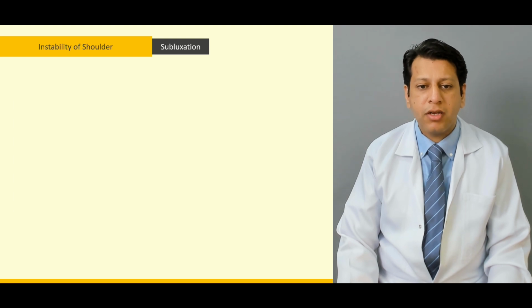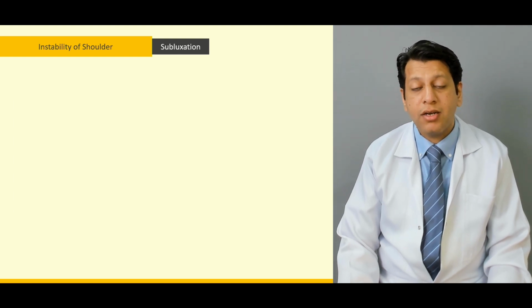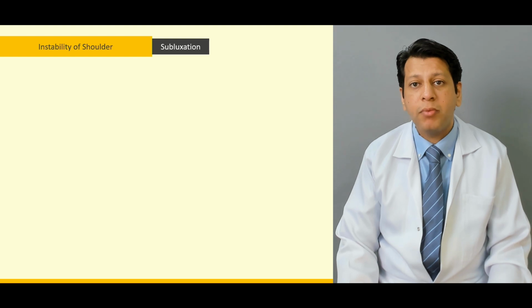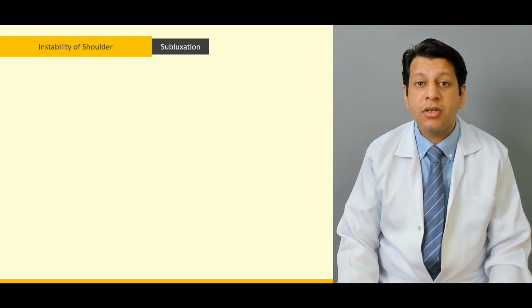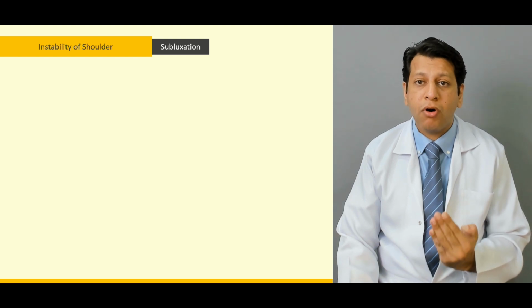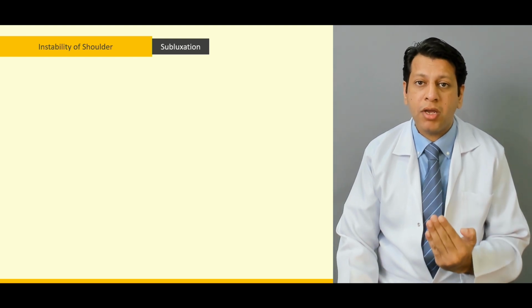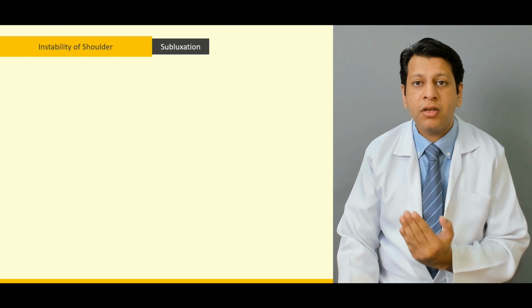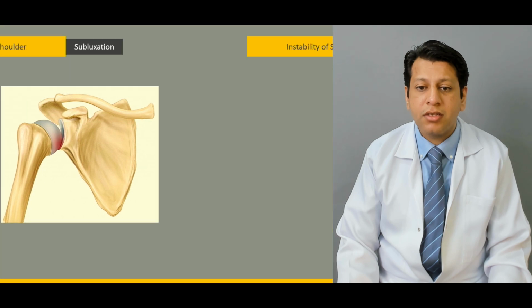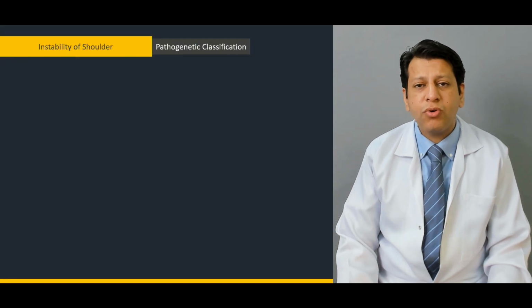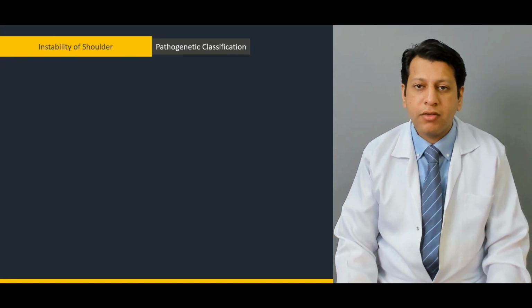Now coming to the subluxation. As I told you, dislocation is complete movement out of the socket joint, and subluxation is partial movement, although the joint remains intact, but partially it is actually subluxed. This is called subluxation. Now there is a pathogenetic classification for